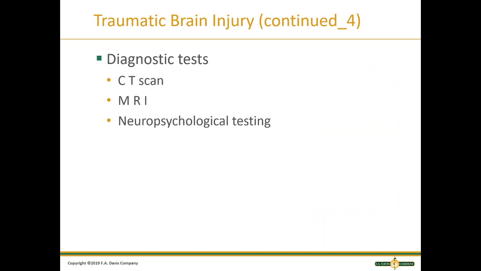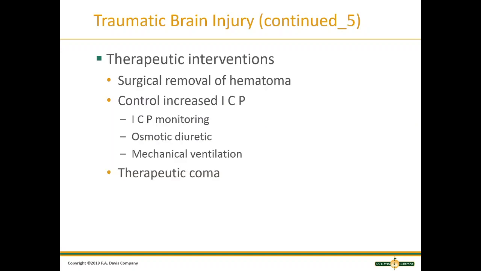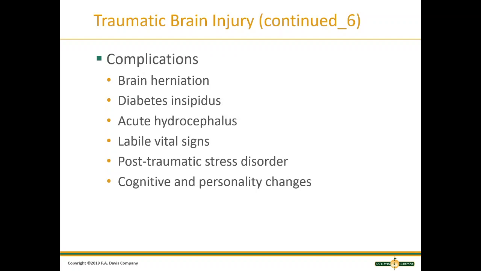Let's see, this is a long chapter I'm trying to get through. CT scan, MRIs, and neurophysiological testing that we can do for them. A hematoma might have to be surgically removed if it's causing an increase in ICP. They can also be put into an induced therapeutic coma to let the swelling in their brain go down. These are your complications that can be